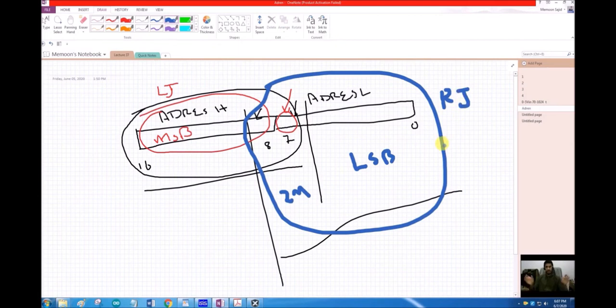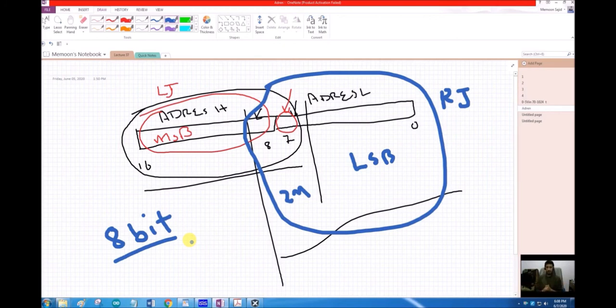So we have 2 options to justify our data. We can left justify it or we can right justify it. For our application, if we are going to use only 8-bit mode, we can ignore 2 bits. Which bits do we want to ignore? The most significant bits or the least significant bits? What if we are not interested in a very accurate ADC conversion, but we only want to use 8 bits of data? Which 8 bits of data would we like to use? The most significant data or the least significant data?